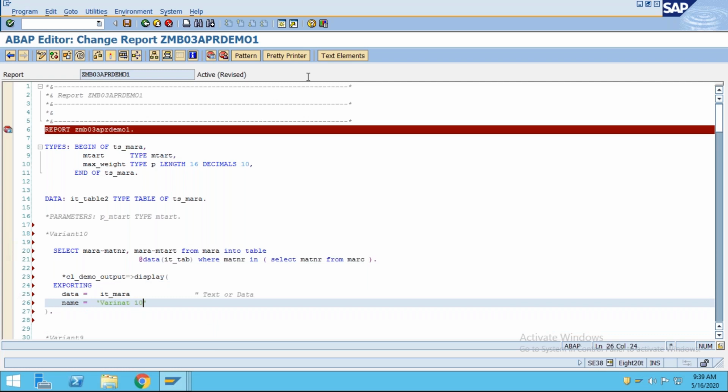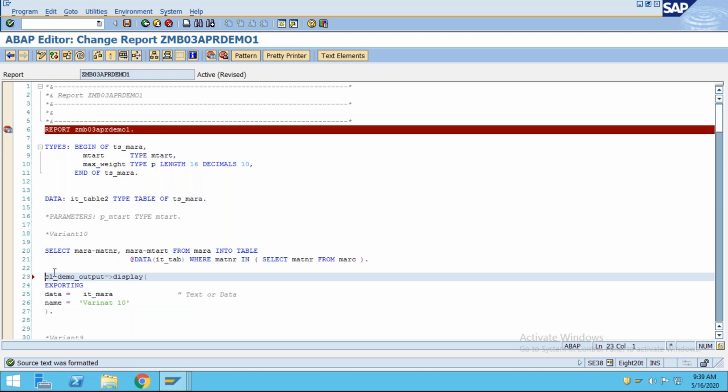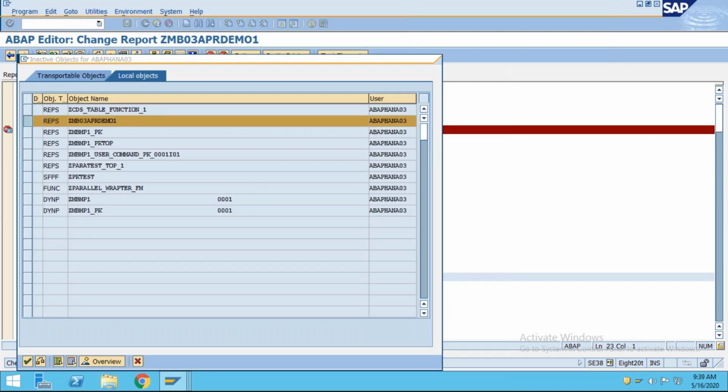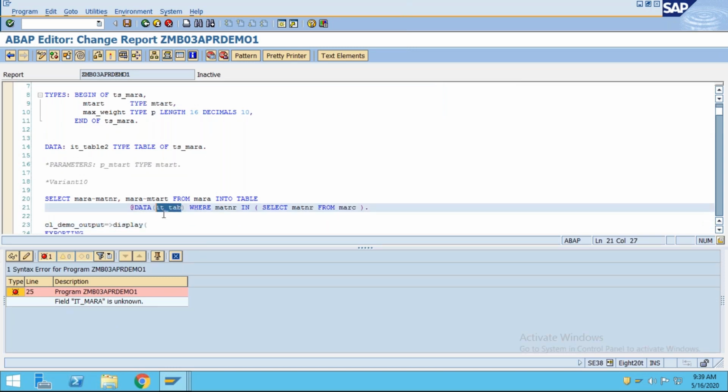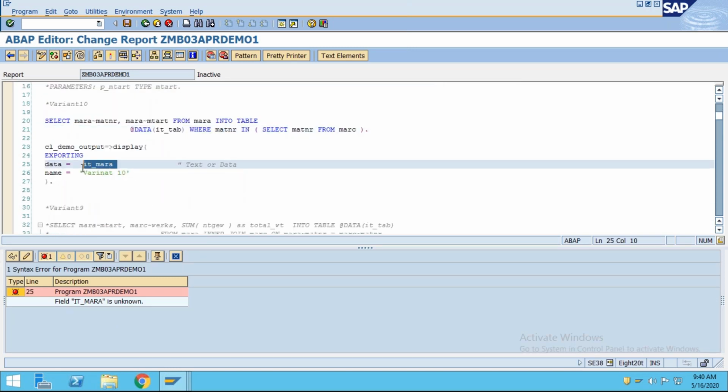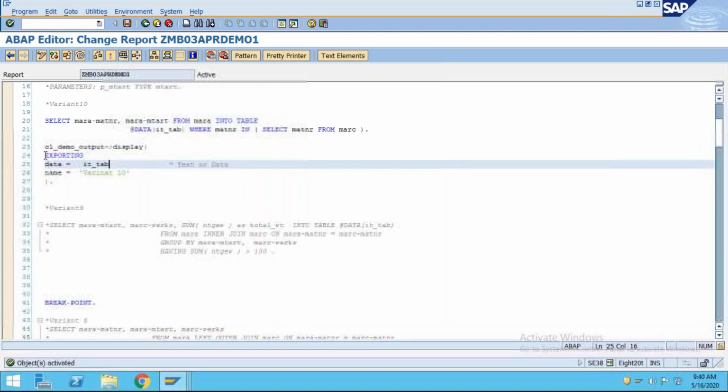We can look into the debugging also. Activate this one, activate. Some problem is there. Let us see, it underscore MARA is unknown, it underscore tab I'm using over here. So just give the it underscore tab. Now activate, activate, and put the breakpoint.